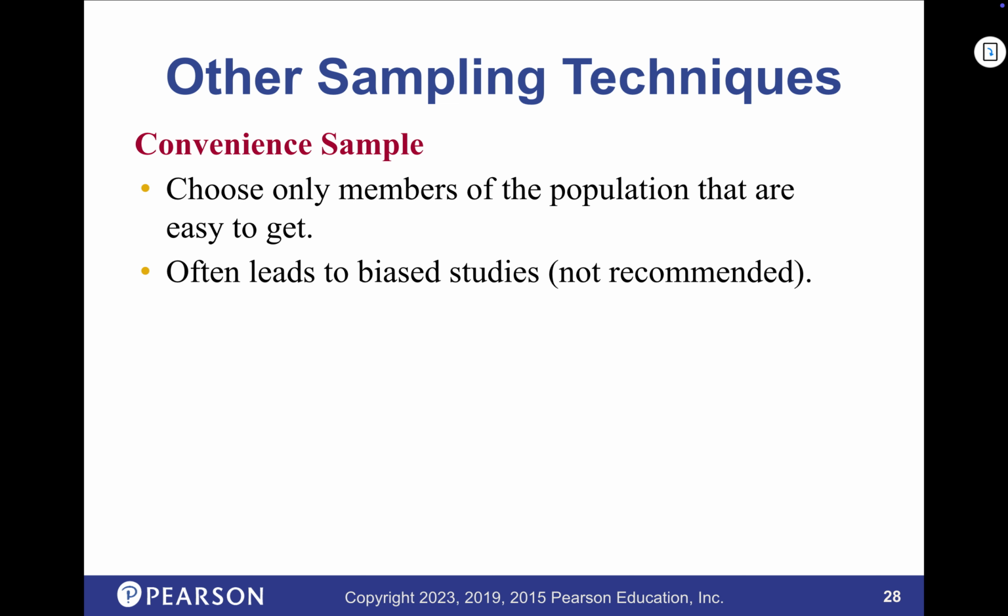So all those things. Convenience sample. This is an easy way to do it, right? Convenience is easy, but it's not always the best. Rarely is it the best, but oftentimes you can start a study. Let's see what people's opinions are. Well, let's go to the lunchroom and just ask some people at the lunchroom. Well, if people aren't eating lunch, you don't have them.